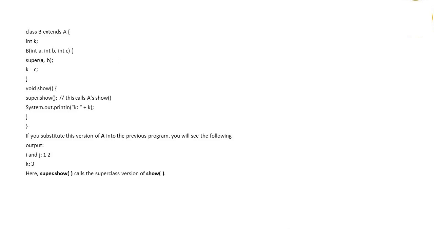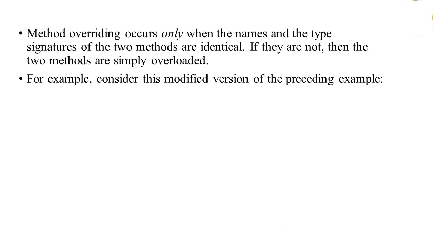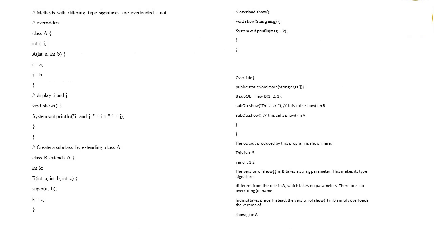So method overriding occurs only when the names and type signatures of the two methods are identical. If they are not, then the two methods are simply overloaded. For example, consider this modified version of the preceding example. Next,